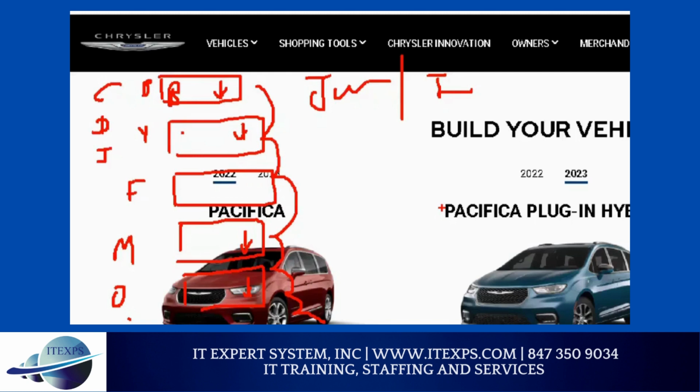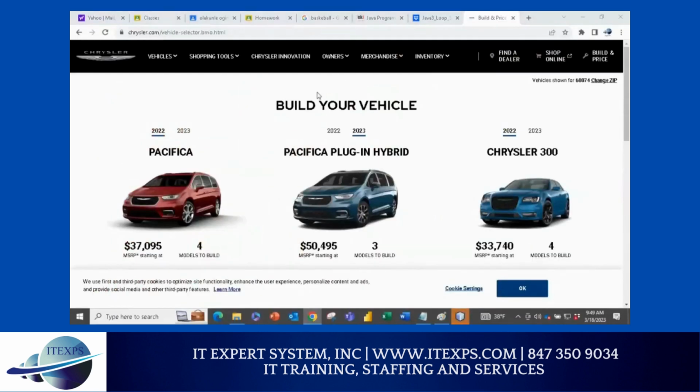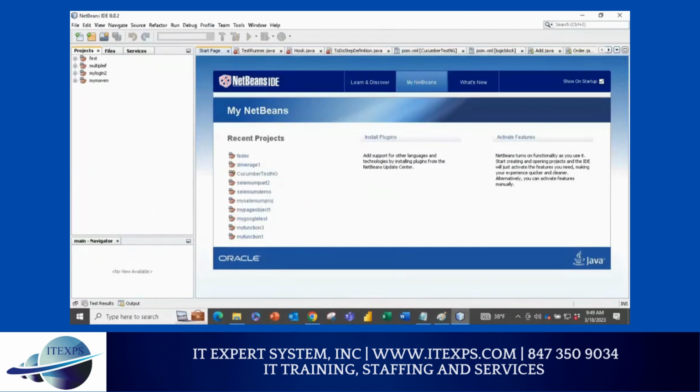If you go to different sites, in different ways you will be using loops and if statements. They go hand in hand, and you will see today, I'm going to try to give you that perspective. So I'm hoping you have NetBeans open. Let's get started. We'll create a first project with the if statement and we'll convert it into multiple if statements.